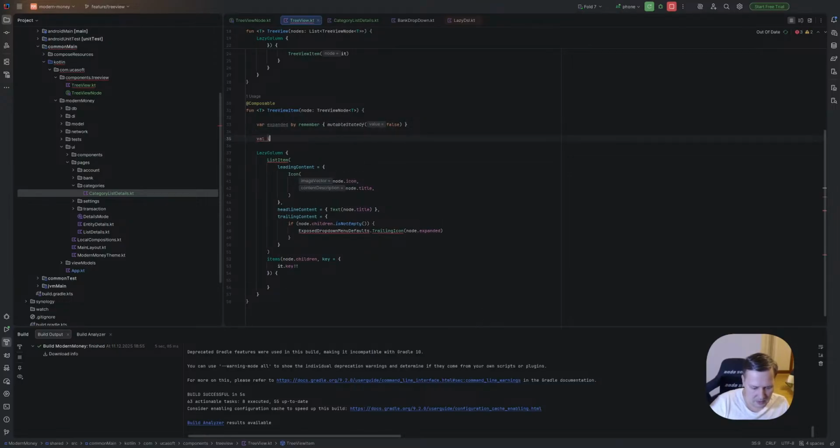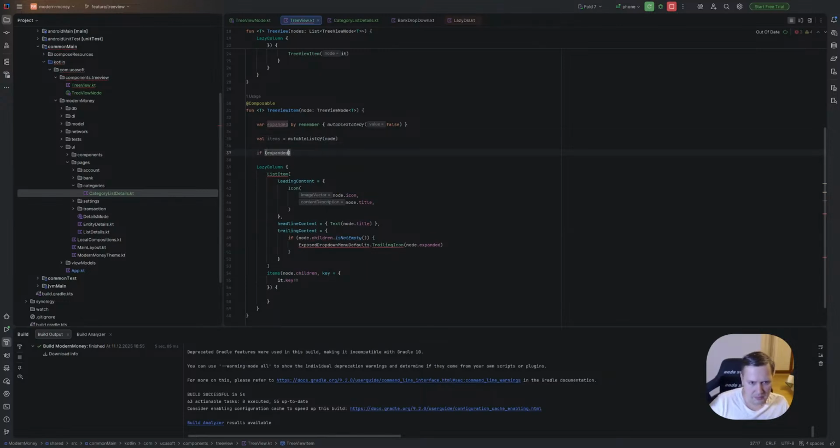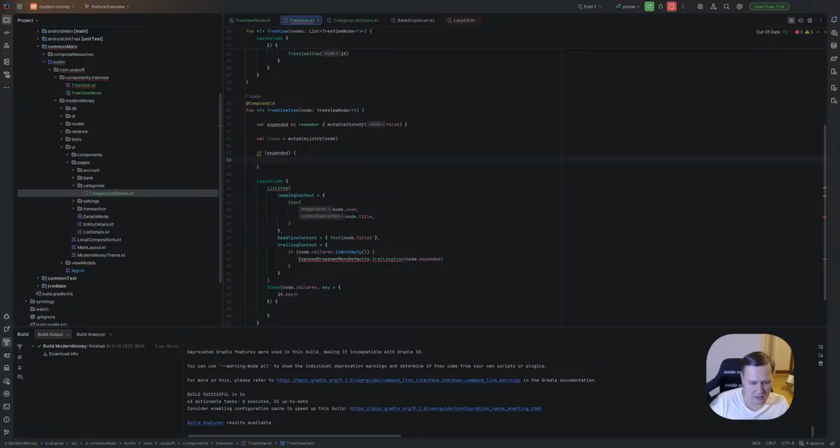We need to build while items equals list of node, and if, yeah, we need to add, so mutable list of, okay, and if expanded, then items dot add node dot children at all.